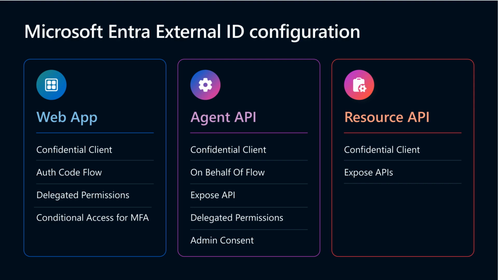Admin consent was applied to reduce user prompts, improving the experience. The Resource API controls permissions carefully, exposing scopes like products.read and checkout, and uses application roles to enforce least privilege. The Agent API communicates with the Resource API using its own scope, chat.Use under admin consent. Each component validates tokens and policies rigorously, including MFA status claims, ensuring security adheres to zero-trust